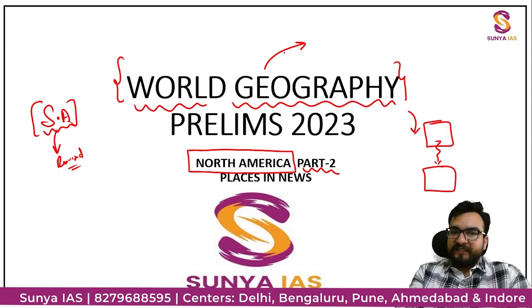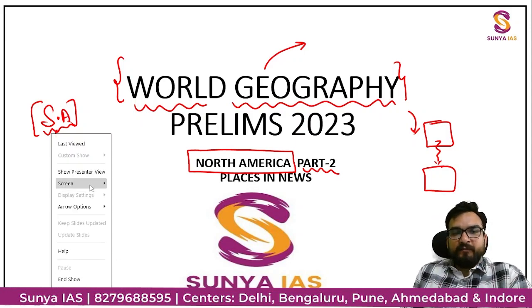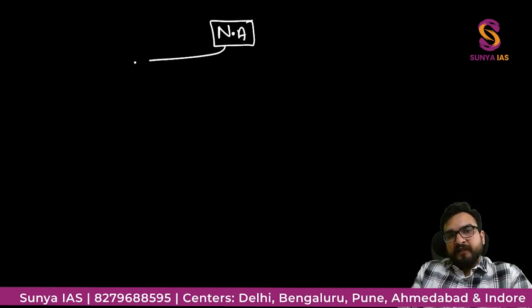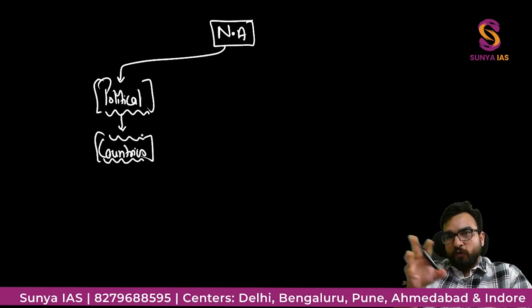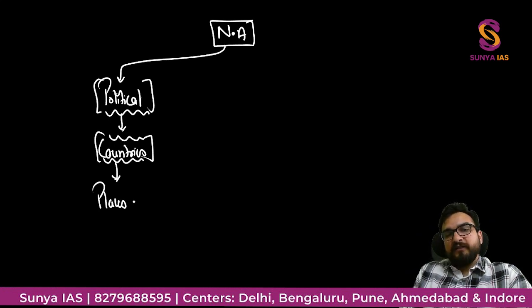Let us move ahead and see what all we have seen in the last class. Again, I am telling you, we are studying every continent with two approaches. For example, North America, we have started in the last class. First of all, for any continent, we have to understand the political feature, in the form of the countries, how countries are located, bordering with which countries, bordering with which water bodies. This all we have to understand. Also, we are simultaneously covering these places in news topics also, guys. So you don't have to worry about anything, right?